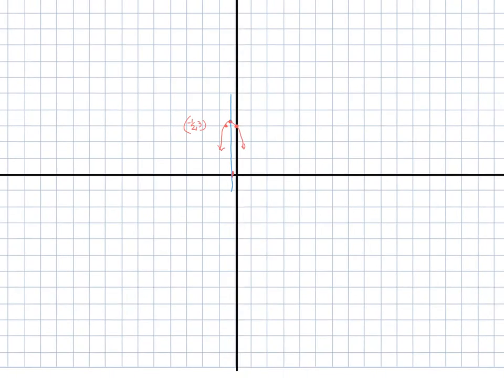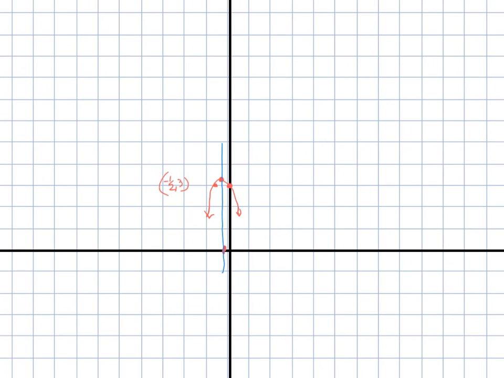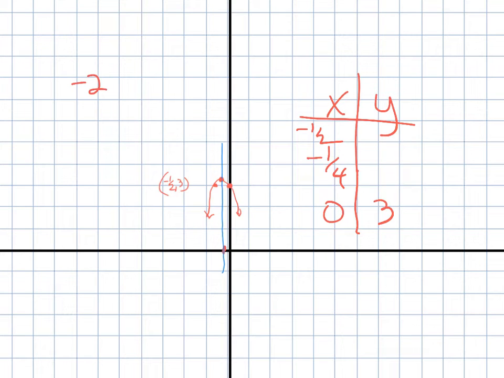Now, again, if you'd rather do a table, that's way too small. If you want to do a table of values, again, remember our vertex was negative 1/4. Pick a number larger and smaller. Like if I plugged in 0, 0 is bigger than negative 1/4, and that gives me the y-intercept. If I plug in, say, negative 1/2, which is smaller, if I take negative 2 times negative 1/2 squared minus negative 1/2